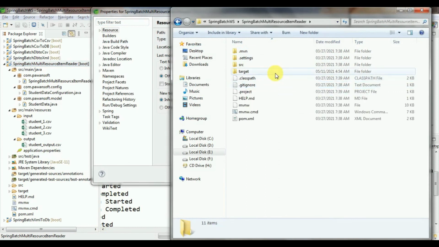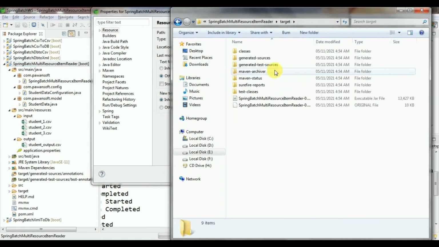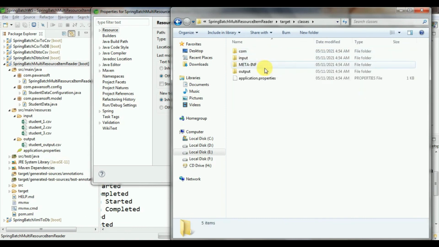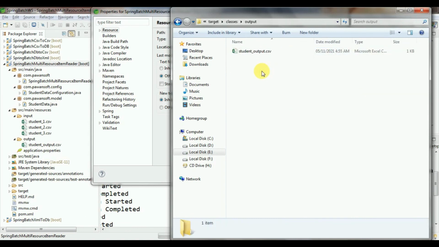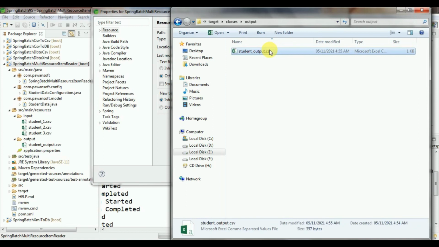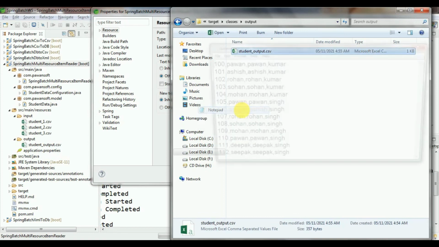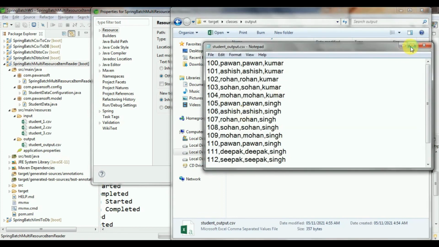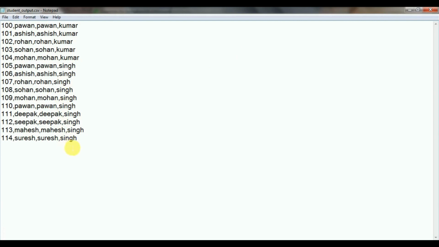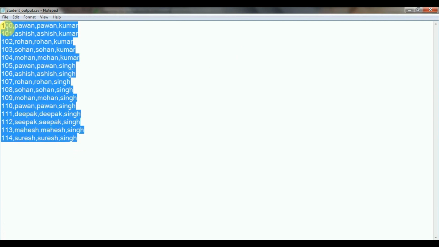Click on the current project, then go to target, then target to classes. Inside classes you will see the output folder. Inside the output folder you will see the CSV file, and in the CSV file you will see all 15 records.